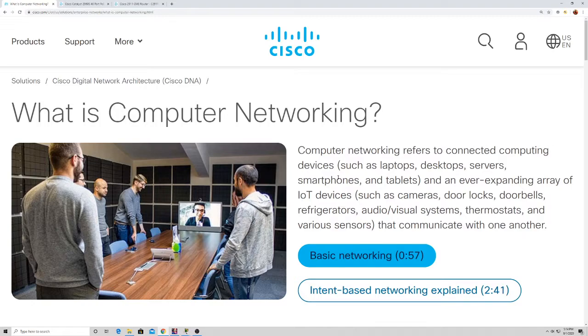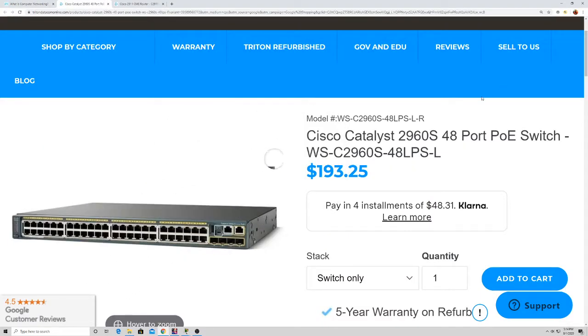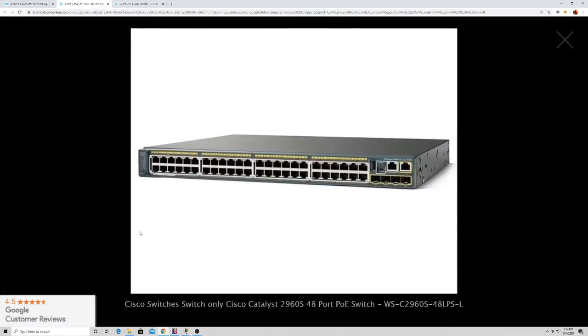And I actually have some actual pictures of a switch and a router. So we'll look at a switch first. Here's a network switch right here. This is a 2960S 48 port PoE, power over Ethernet switch. So it's 48 ports, and what happens is your laptops or your computers or servers or printers or whatever, normally the environment will be in cubicles where you have a computer connected to a port in the wall jack, and the cables behind the scenes, behind the walls, up in the ceilings, they go to one of these